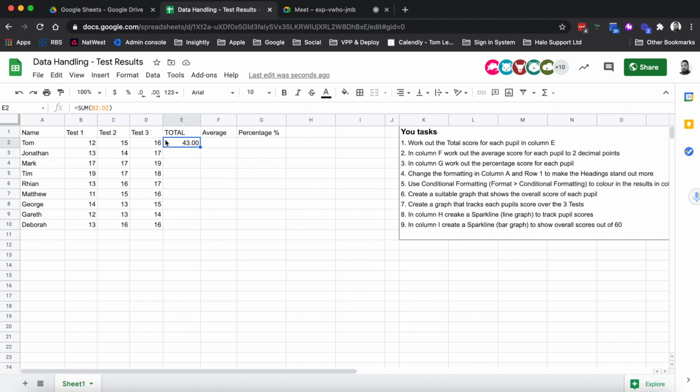The easiest way to do it is click on the cell, and in the bottom right-hand corner we have this little square. So I can click on that square and drag down to the bottom here, let go, and it's going to copy the formula all the way down. The one thing that it changes on every row is that it goes from B2 to B3, and then to B4, and then to B5,